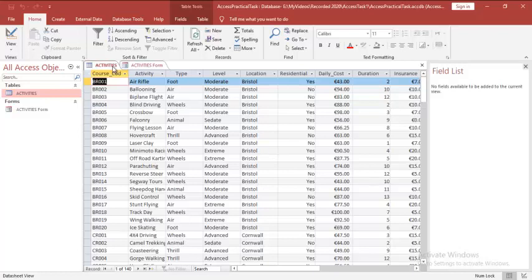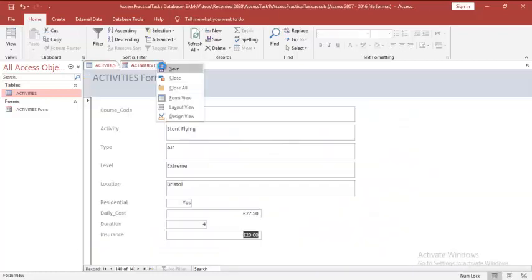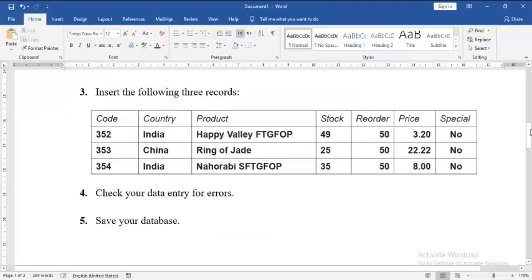If you go back to your table, you will find that the number of records will be 140. Means the records that you added inside your activities form are now sure in the table. Alright, check your data entry and save it. I'm going to save my work here and here. Okay, تمام. Now with the next step,